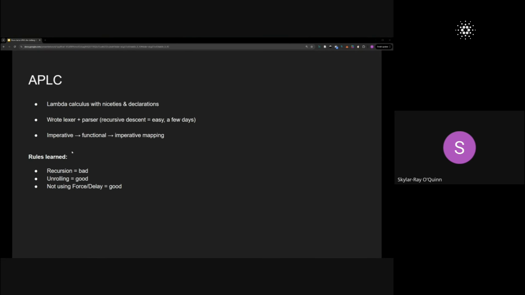And so APLC was my mental space to be able to work on how certain imperative code becomes functional. But ironically,